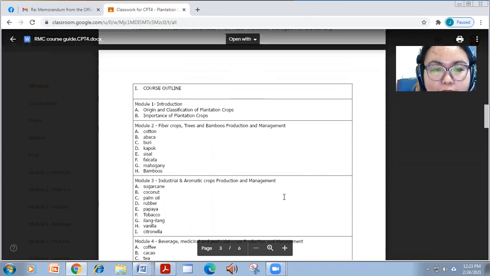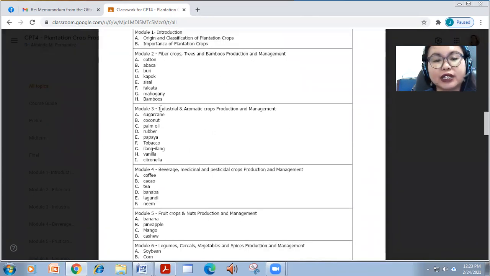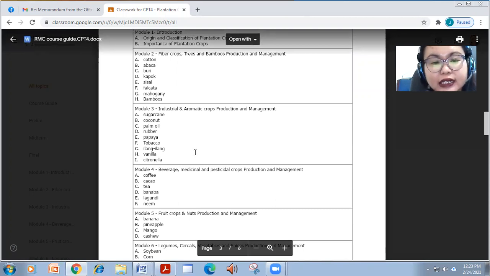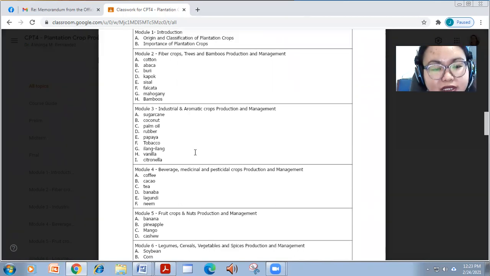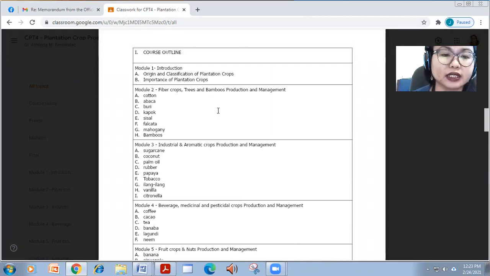I will give you links or PowerPoint presentations on these, as these are too many for our time limitations. For each module, I'll just give one quiz, and of course I'm also going to give prelim, midterm, and final exams, as well as a laboratory exercise for each module.